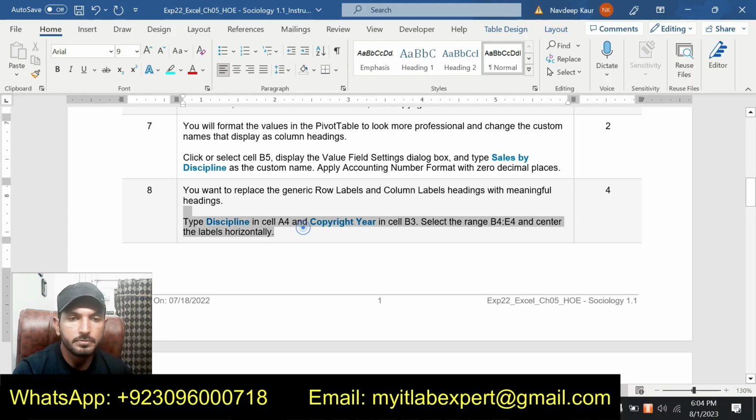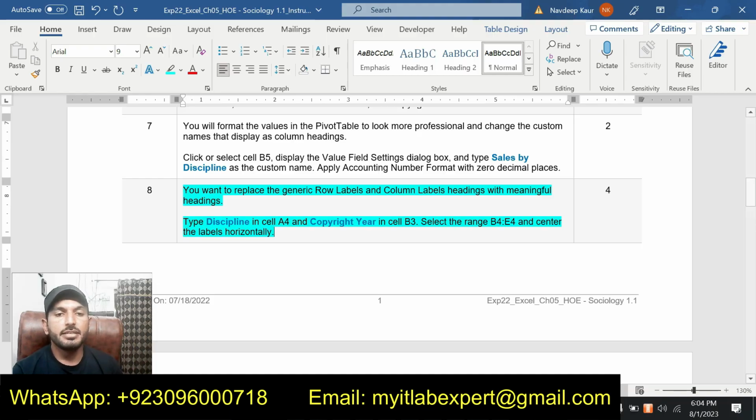Step number 8 is you want to replace the generic row labels and the column labels heading with a meaningful heading. Type discipline in cell A4, copyright here in cell B3, select the range B4 up to E4 and center the label horizontally. So first I will type discipline in cell A4.